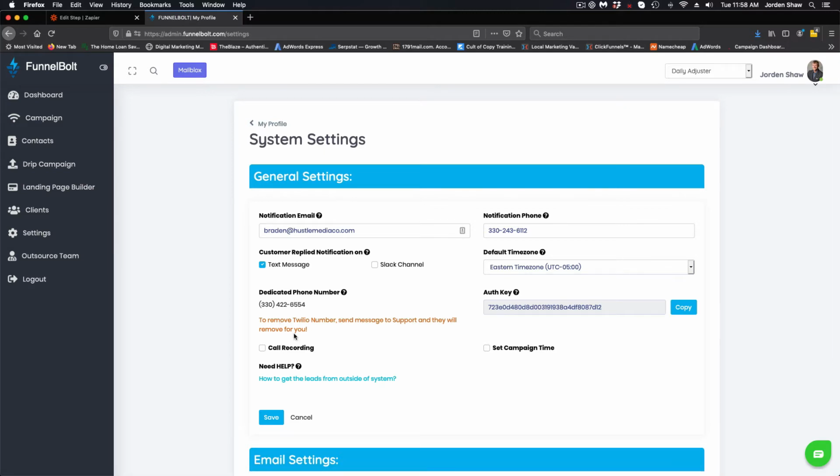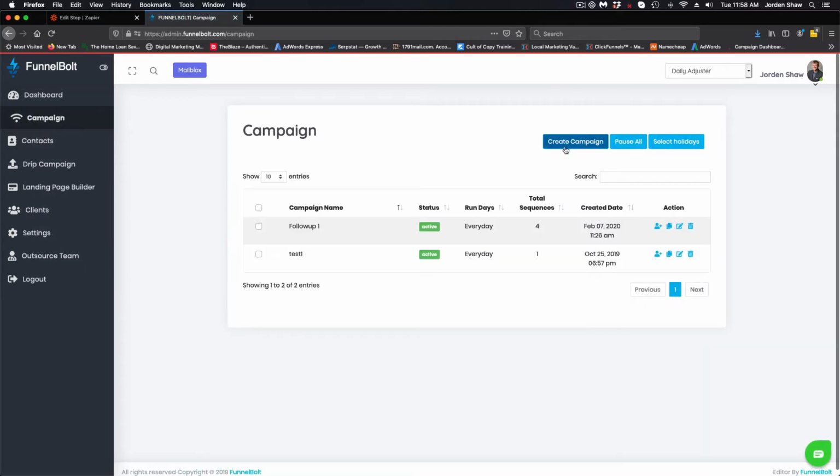Of course these are available, very reasonably priced to get that done. So make sure you've got this number here so that you can send out these campaigns. Okay, so if we go back here,